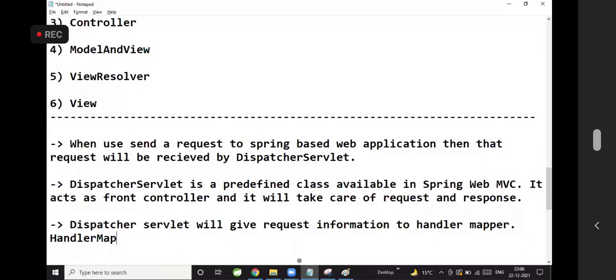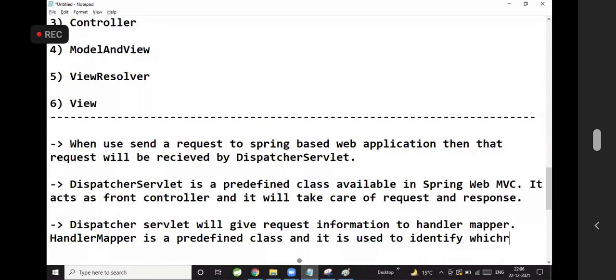Handler mapper is a predefined class and it is used to identify which request should be processed by which controller. Okay.